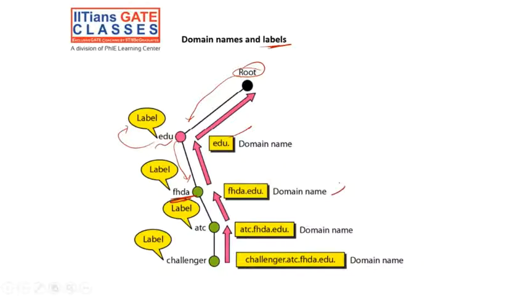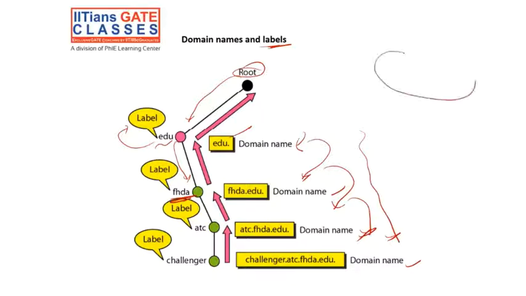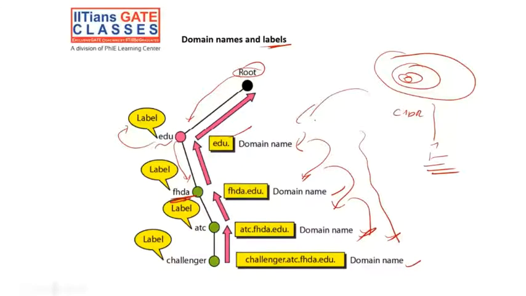Again, this is also a domain name. All are domain names. So this is your main domain name, and inside it there are subdomains. This is the hierarchical structure of the domain name. It's the same as one network ID with sub-blocks inside sub-blocks, where we maintain a hierarchical structure. Similarly, the domain name has a hierarchical structure.